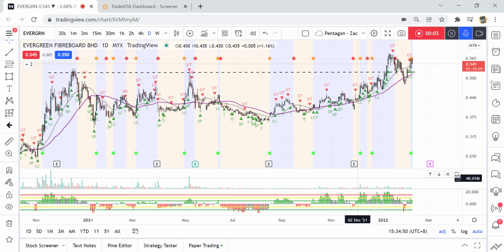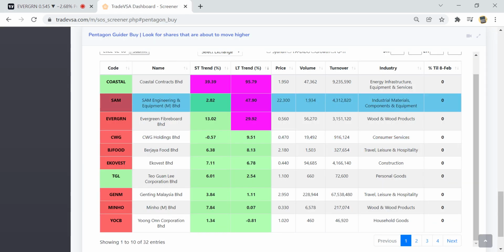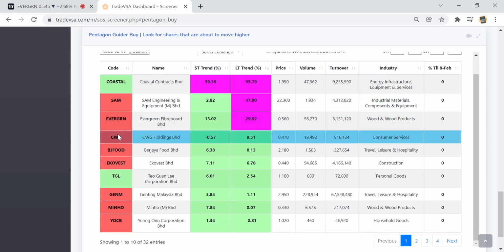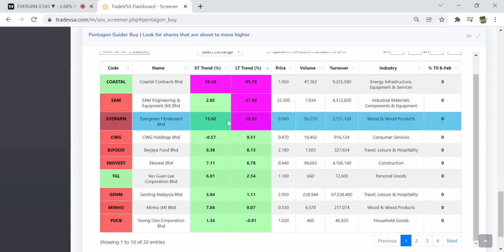So in this short video, I would like to share with you two stocks that appeared under the Green Pentagon screener. We have Evergreen and the other one is Minho. These two stocks come from this Pentagon buy in February, and we actually have a very good